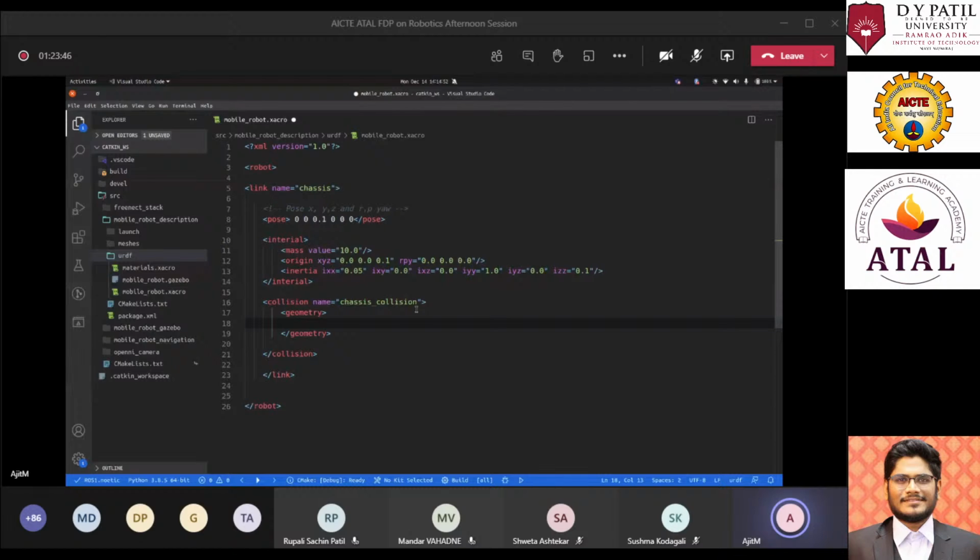Here for this specific chassis, I'm going to make it 0.4, 0.2, hold on, and 0.1. Now we have defined... Hold on, there is a small mistake. Now, once we have defined collision,